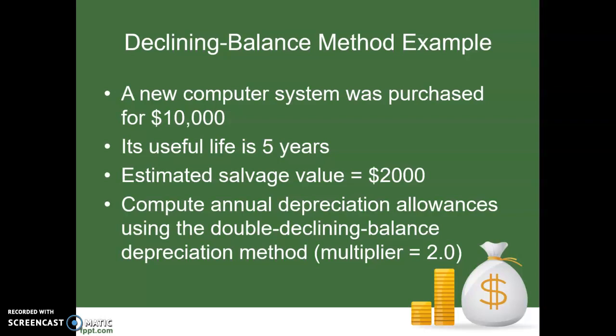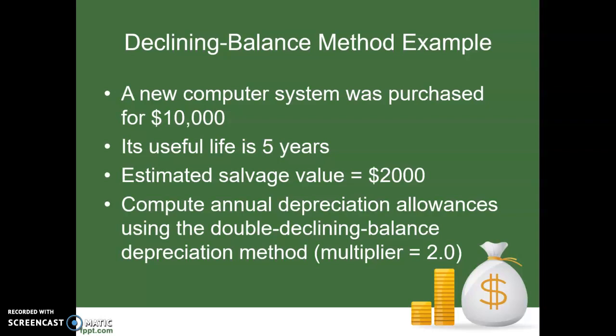Welcome back to another engineering economics video. We're in chapter 9 talking about depreciation. And in the last video, we talked about the straight line method of depreciation and introduced the idea of the declining balance method. And so we're going to start this video off by doing an example problem that demonstrates the